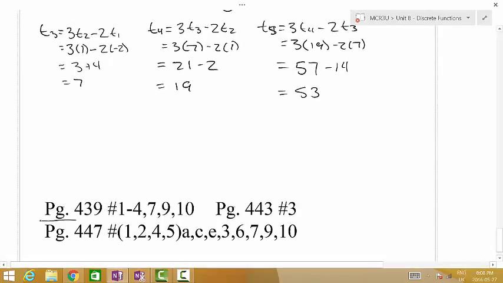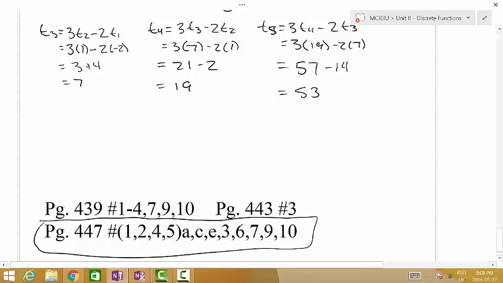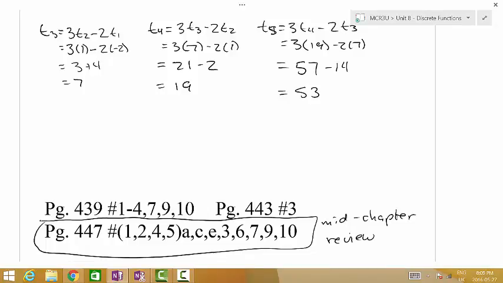This 447 is mid-chapter review, which is optional, but the more questions you try, never hurts. So you can try those out. We're only going to do 2 more notes, Monday and Tuesday, so the test absolutely will be on Friday. So just make sure you're preparing for that. Again, mid-chapter review. I will post the actual test review sometime early next week, so you can get ready for the